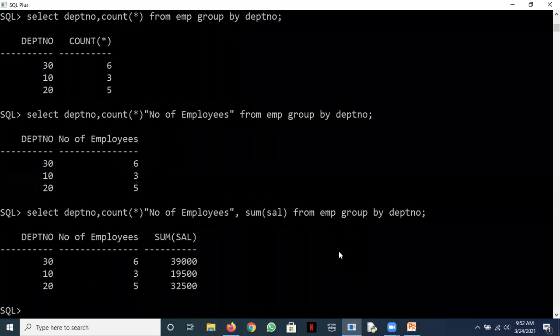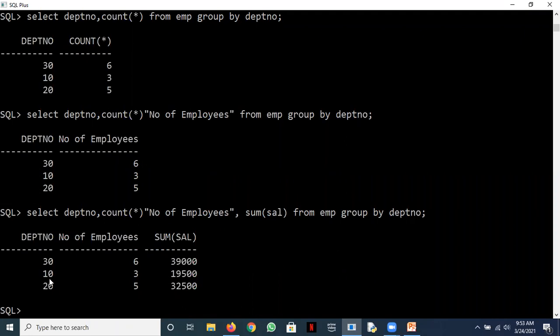See this. The total salary in department number 10 is 19,500. Let's check whether it is true or not. Department number 10, there are 3 employees and the salary is 19,500. I'll just put a query here where department number is equal to 10, so that you can understand whether we are doing right or not.